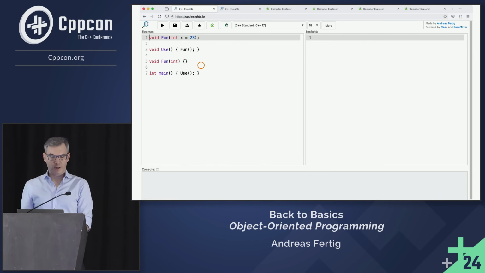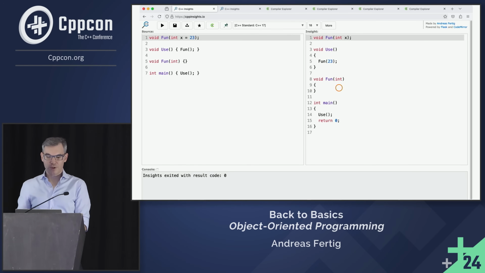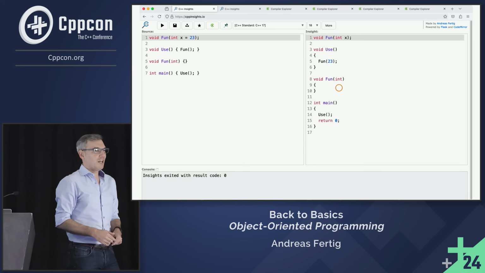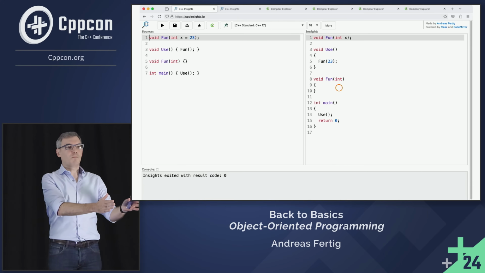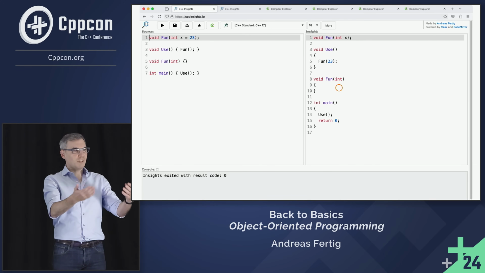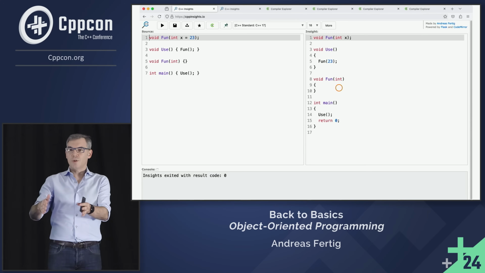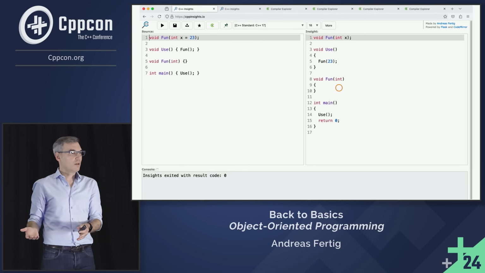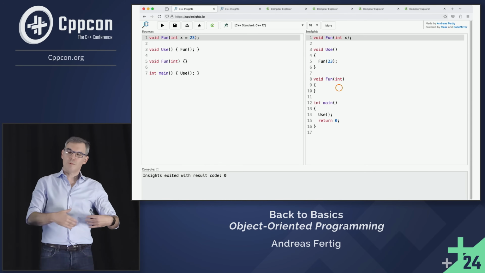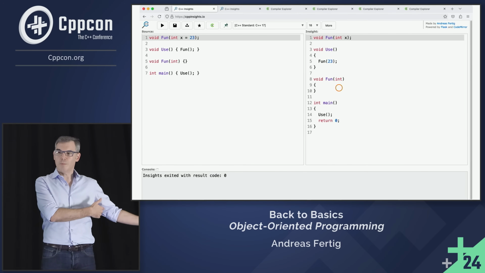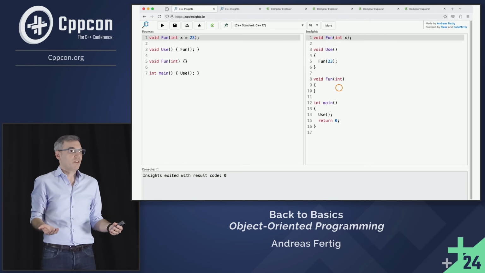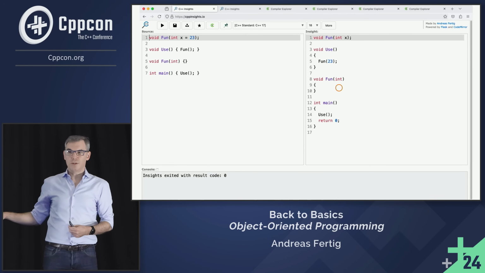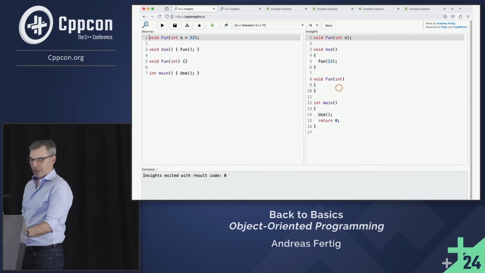So this here is C++ Insights showing you what the compiler does, and it's incredibly simple. It takes that default value that we provided out of that function declaration and inserts it in all the places where we left it out. That's the basic trick. Okay? So the original function, remember we want at the time stay compatible with C, doesn't know anything about default parameters. Just drag it out and insert it wherever we need it. Now, keeping that in mind,